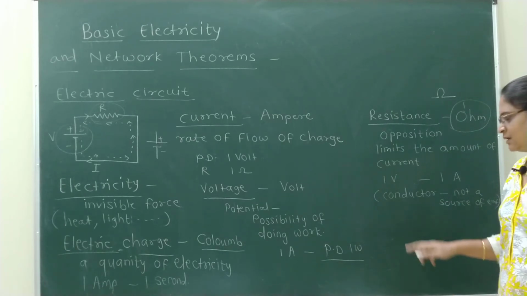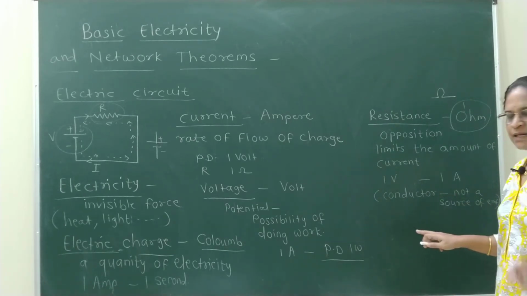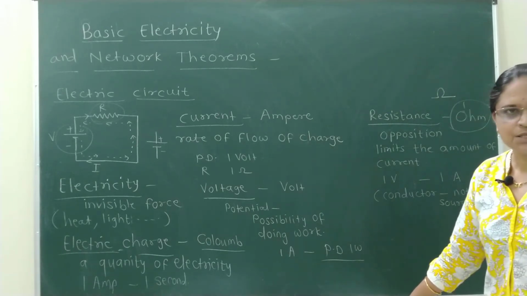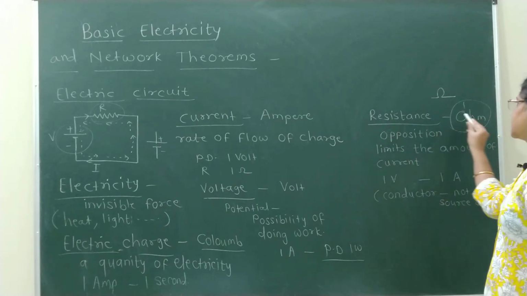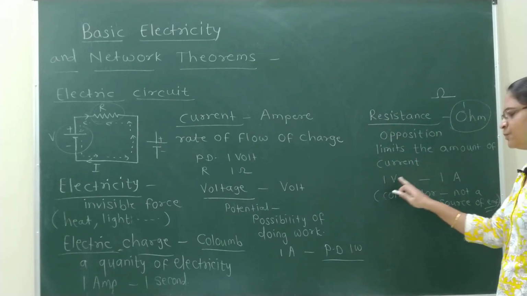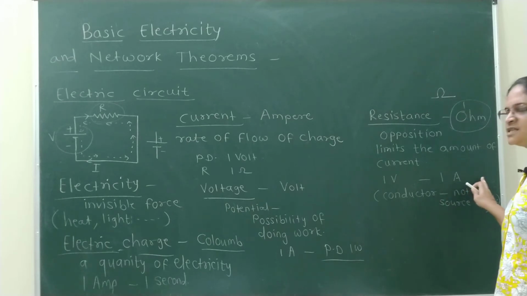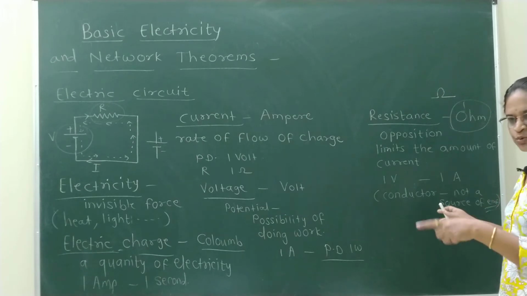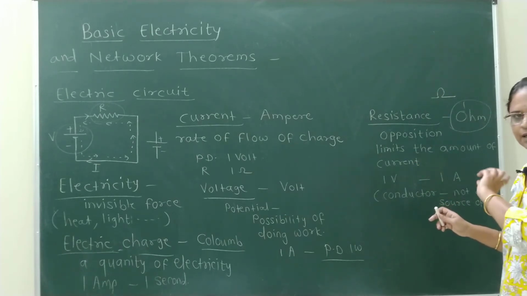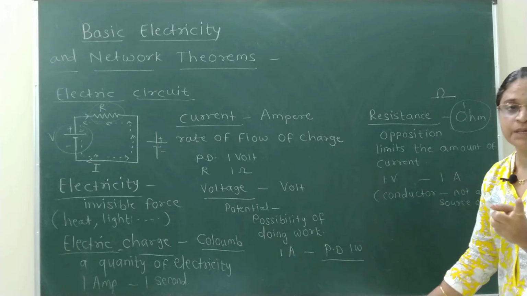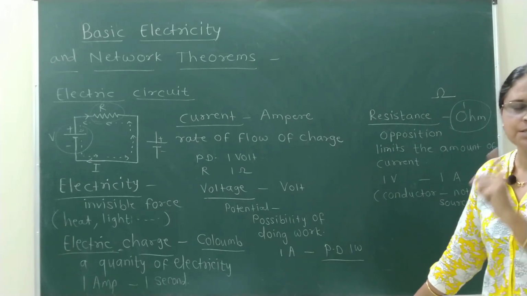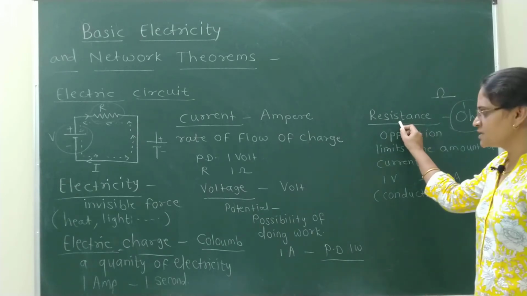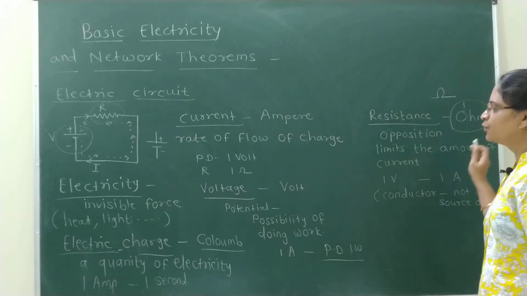But always remember that the conductor must not be an energy source, that is an EMF source. It should not be an energy source. Then that resistance is said to be 1 ohm. So whenever potential difference is 1 volt, current is maintained at 1 ampere, and those two ends show that current is flowing through that conductor, and the conductor has to be always checked that it is not an energy source having EMF. So that was resistance, with unit ohm.